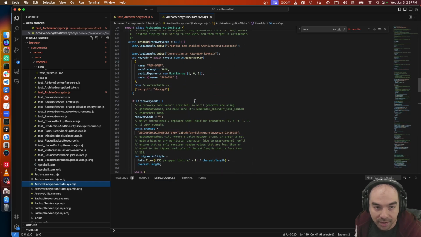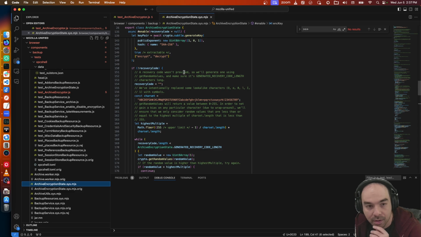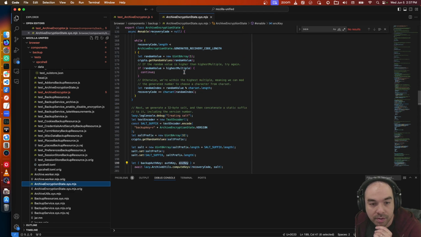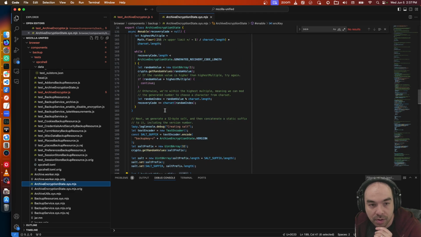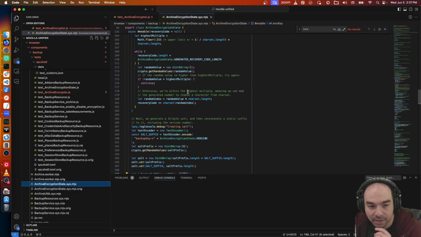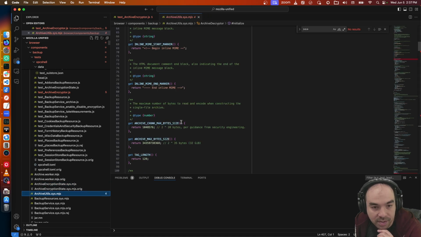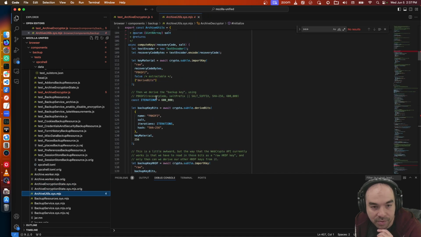We'll key stretch it. We'll generate a random key pair. We stretch your recovery code with PBKDF2, I believe. We'll generate a salt. The stretching happens here. We'll do 600,000 iterations of PBKDF2.